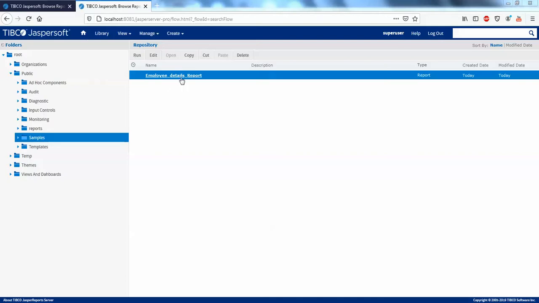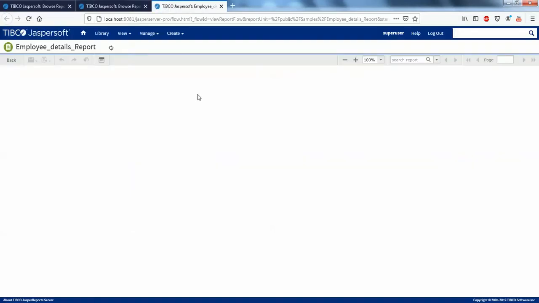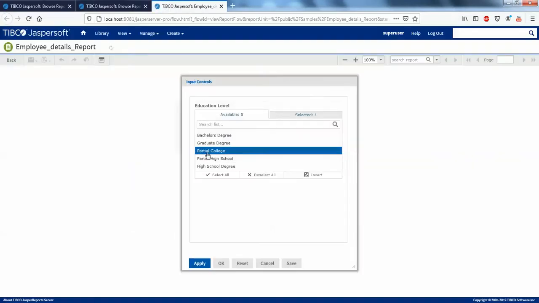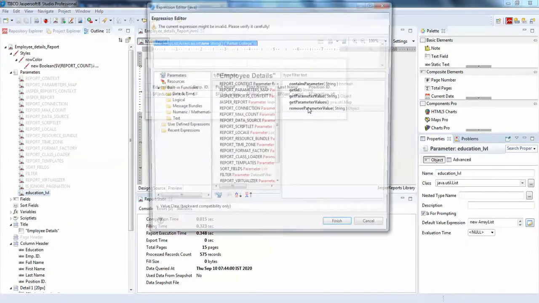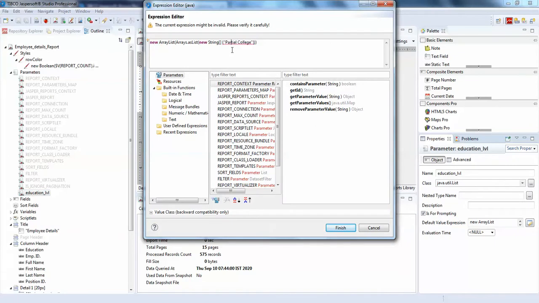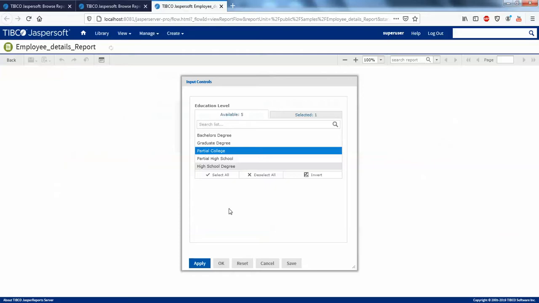So I'll just run this report very simply. You can see by default partial college has been selected. That is the same thing I have mentioned in my report as a default parameter. It checks whether partial college is present in the list of parameters which we have populated from the Jasper server, and it is available, so it selects this one by default.